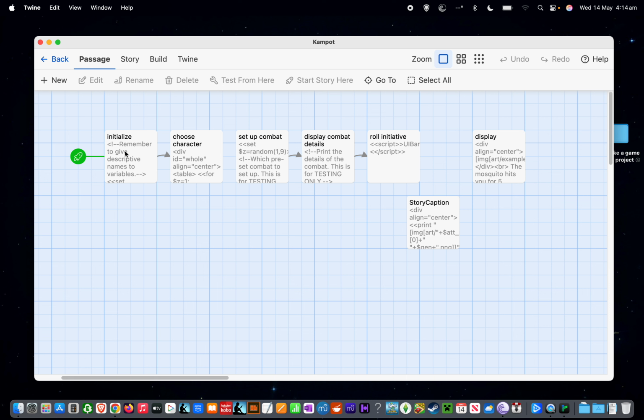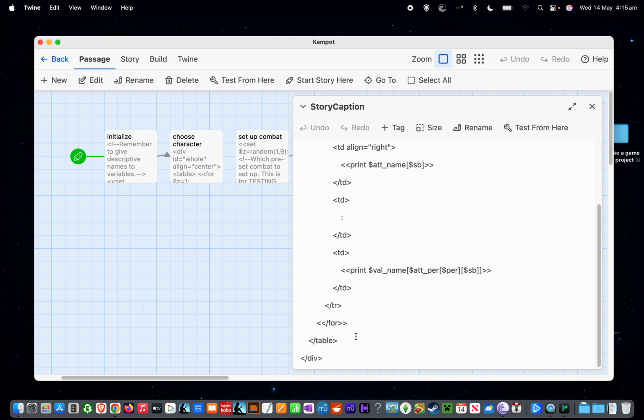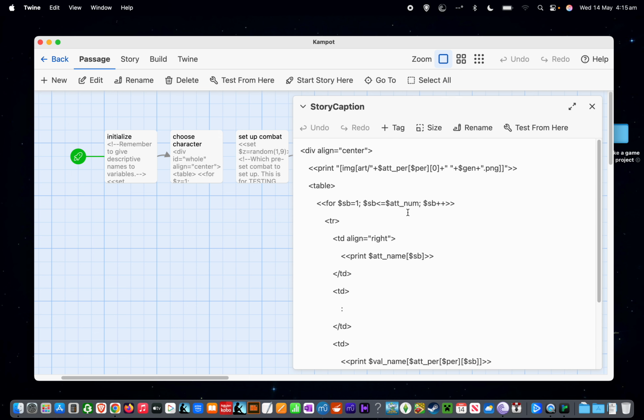I'll go through them. I will say that I've made a couple of other changes that aren't directly to do with adding in enemies, so I'll probably talk to you about those. They're just things that I did that were a bit sloppy that I have fixed. One of the things is that in story caption, which is the page that deals with the sidebar where your character is printed,